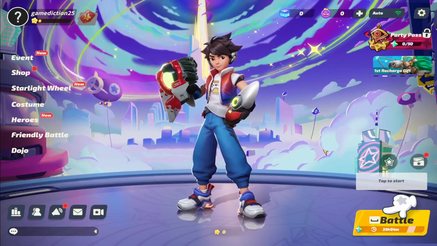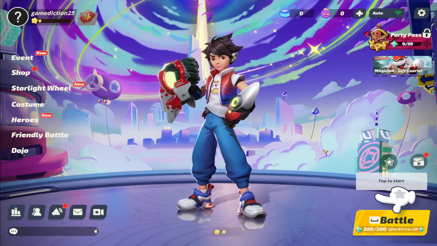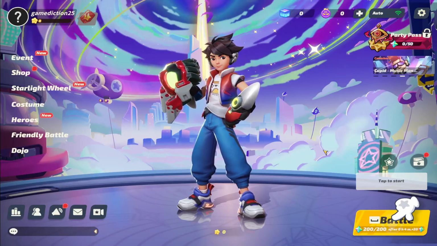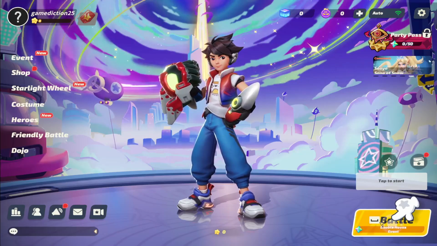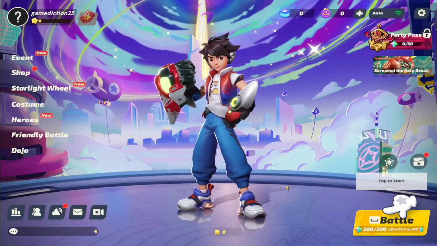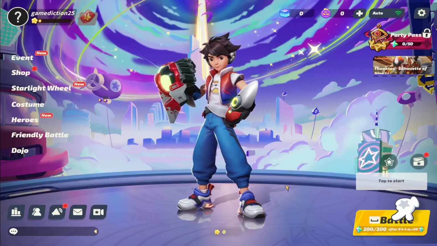First of all, open up the Flash Party game on your device, and once you are taken into the home page, you can immediately start playing your battle by clicking on the battle button. Now, if you wish to change the server that you are connected to before you start your match, then look